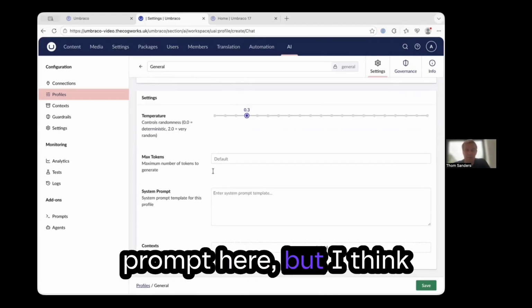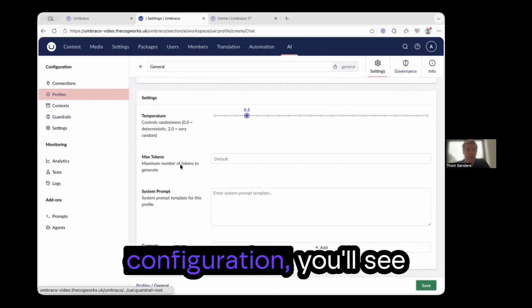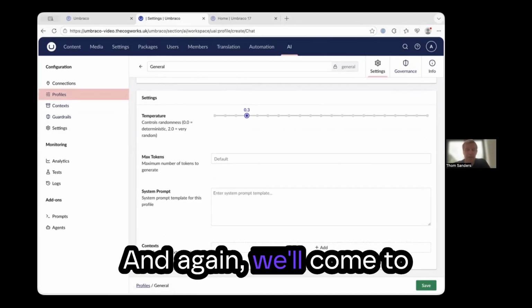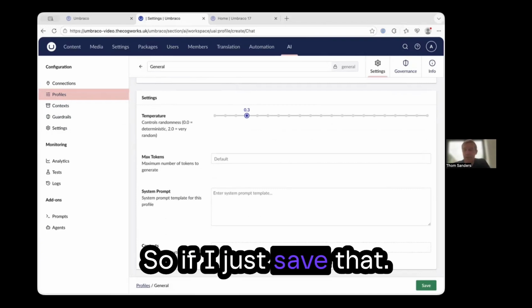You can put a system prompt in here, but I think when we look at the other sections in the configuration, you'll see that we do that stuff there. And again, we'll come to context in a second as well. So if I just save that,